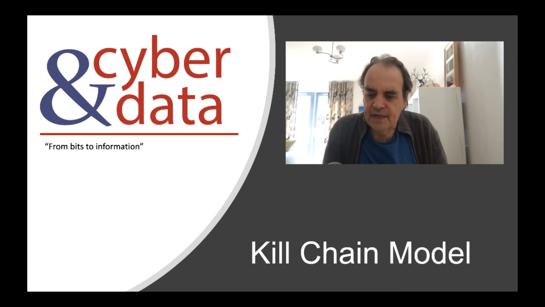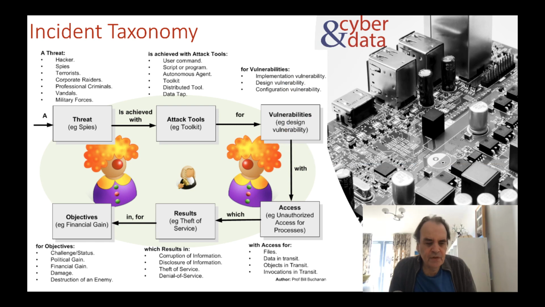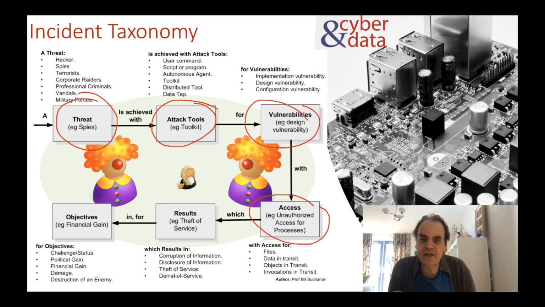One of the models which is defined for an intrusion or an attack on our system is what's called the Lockheed Martin kill chain model. So this is one simple incident taxonomy that we might have. This allows us to articulate an incident as it would happen. So a threat is achieved by attack tools for a vulnerability with certain access, and it results in something for given objectives. If we think about it, really the adversary or the intruder starts here and has certain objectives, and then we'll go through